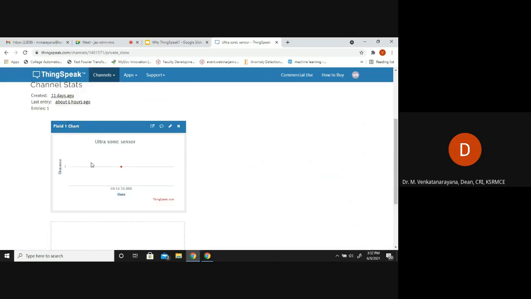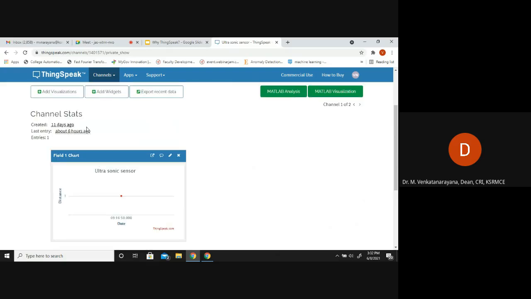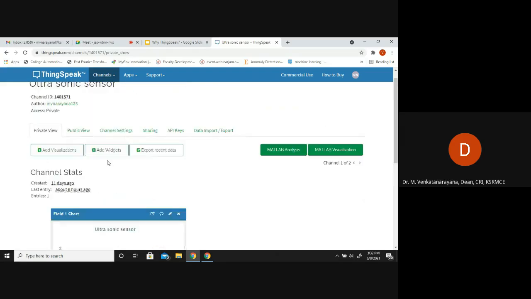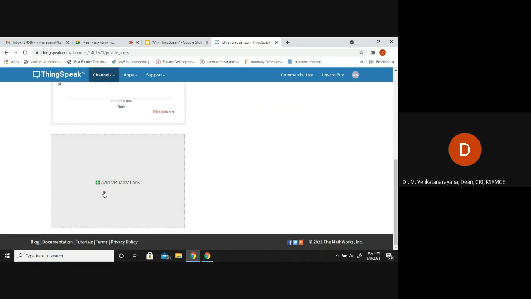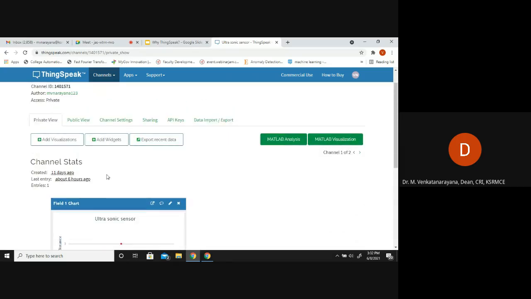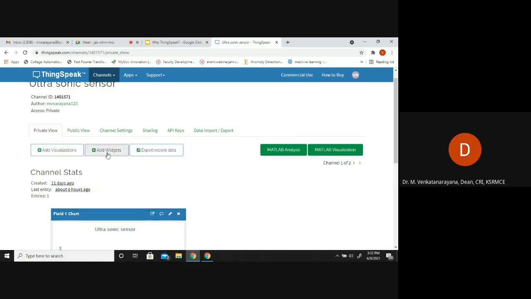The empty fields get enabled, and channel statistics we can also see: when it was created, last entry, number of entries, and add visualizations. You can add as many as you want. Add widgets, export recent data.